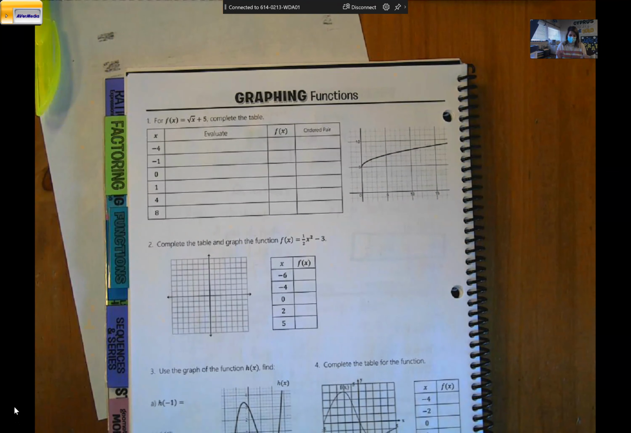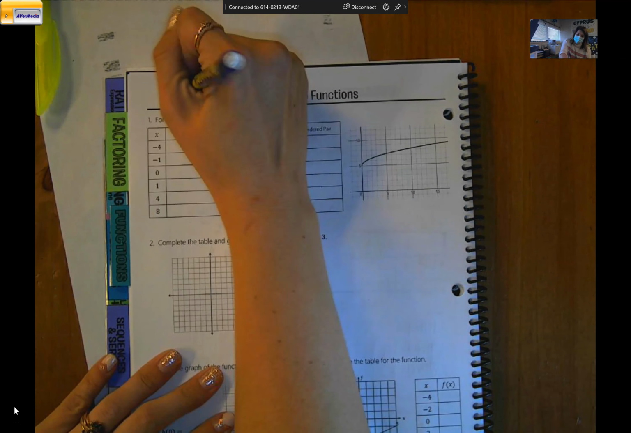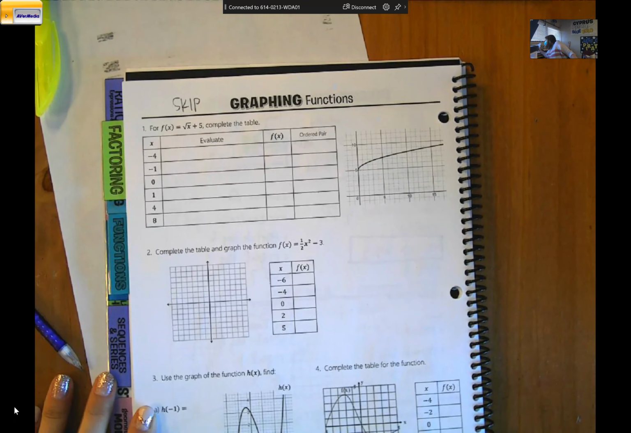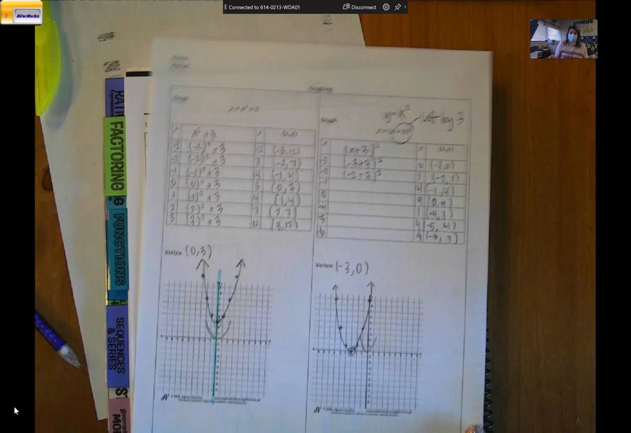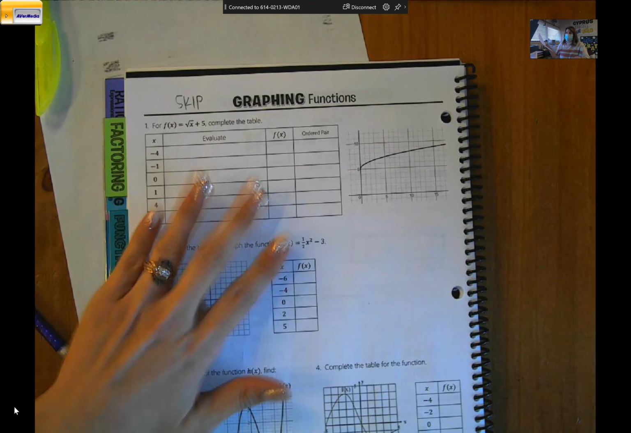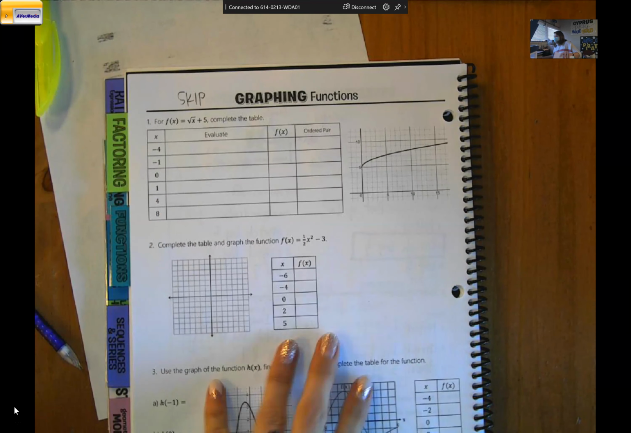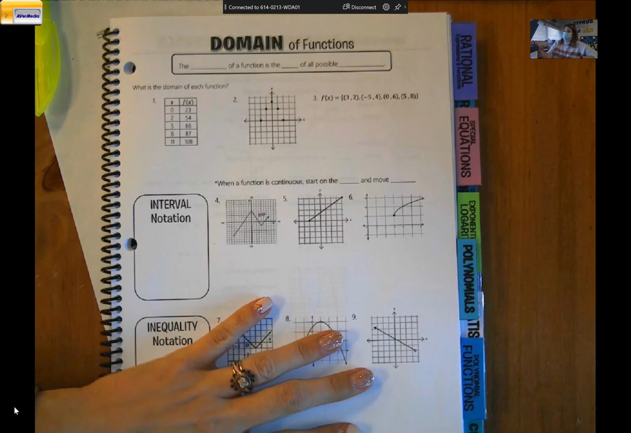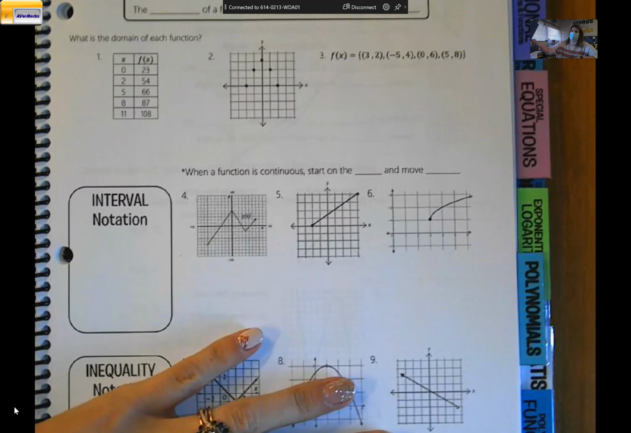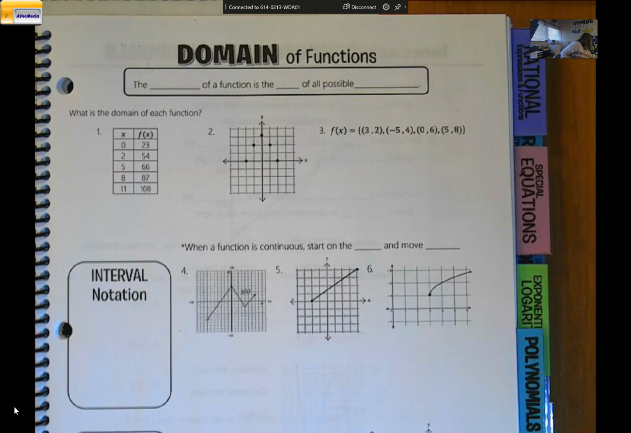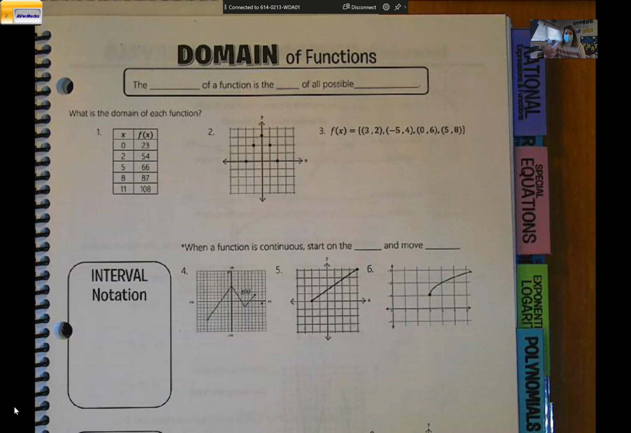So we're going to skip page 20 because we did that on the worksheet that I gave you last time. We already practiced the graphing that is on page 20. So we are going to move on to page 21. I think for some of you, this might be a review. Regardless, hopefully it is not too hard. So the domain